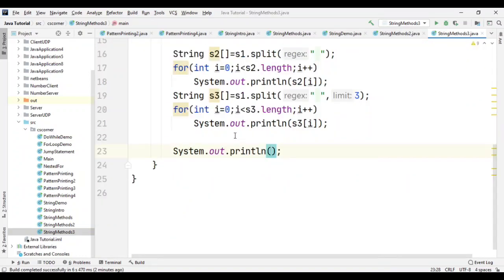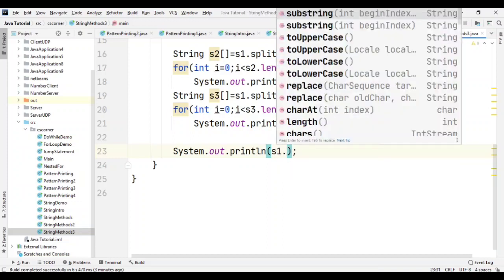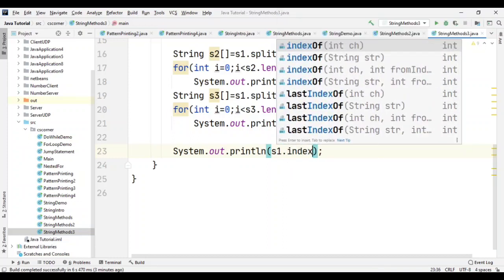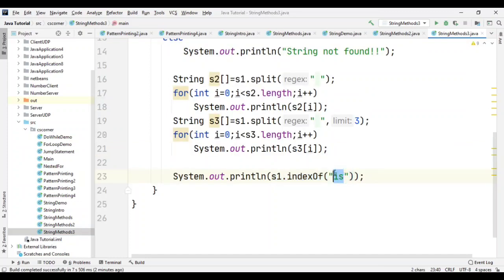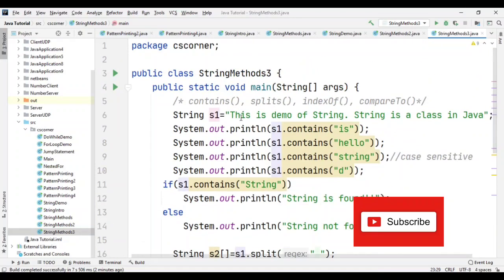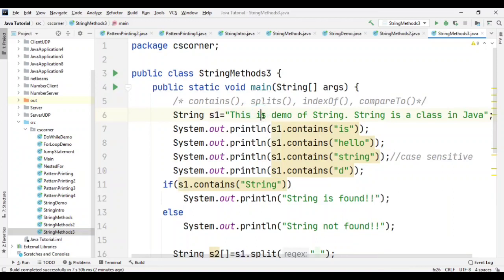So I'm going to use this method. I'm writing S1 dot indexOf, and here I'm passing "is". I'm trying to search for the word "is" in my S1 string. In my S1 I have "is" at this position, as well as at this position and here also. Which position will be returned?